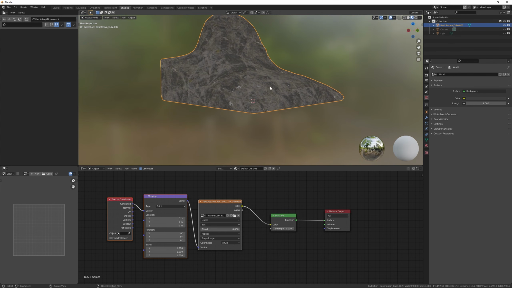Something like that. We go back to shading. And now we want to do this height map as well.